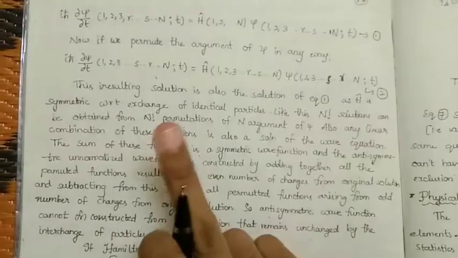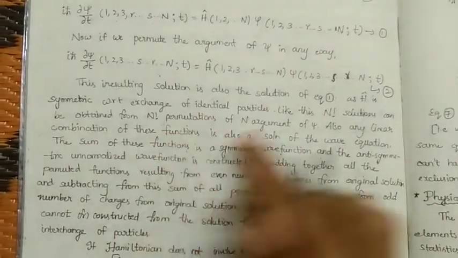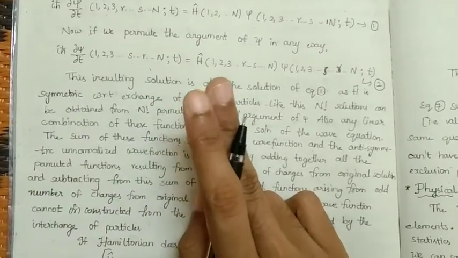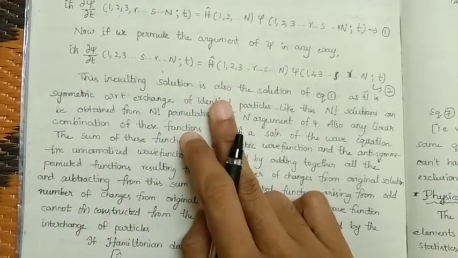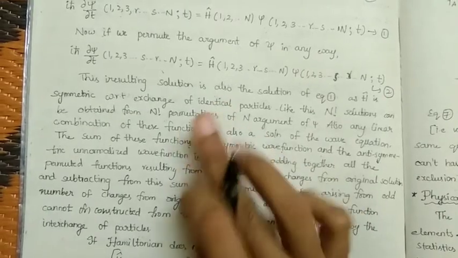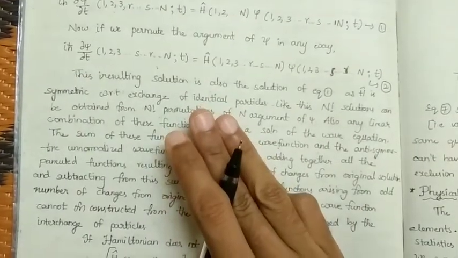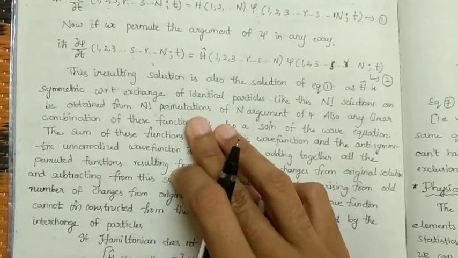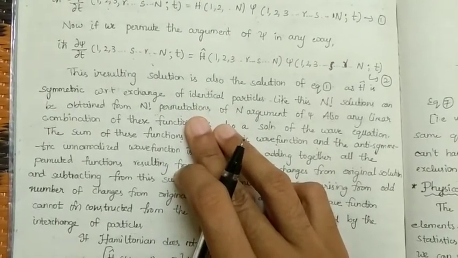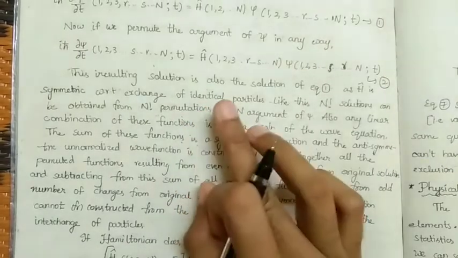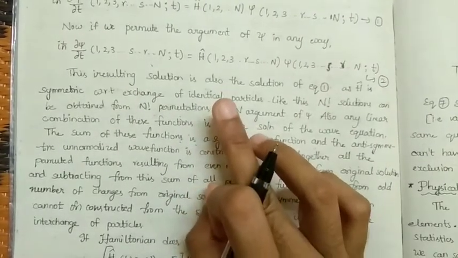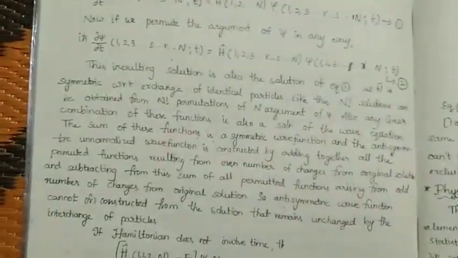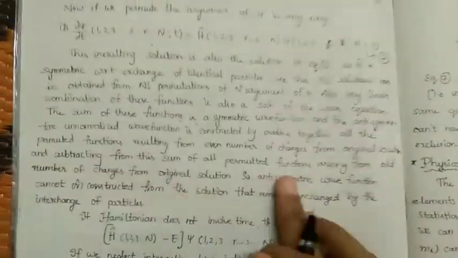If we exchange once, and exchange another time, then we have exchanged two times; if we exchange one more time, then we have exchanged an odd number of times. So the sum of the wave functions obtained by an even number of interchanges, subtracted by the sum of the wave functions obtained by an odd number of exchanges,